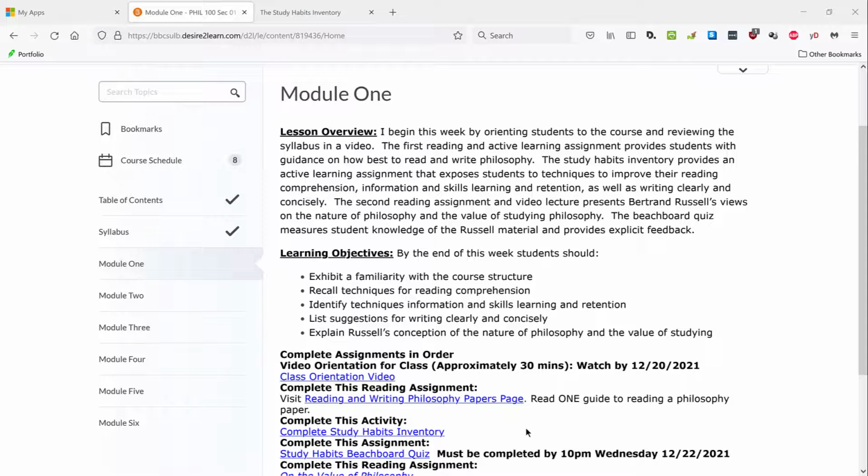In addition to quizzes, tests, and discussion assignments, there'll also be a few activity assignments this term. When you have an activity assignment in a module, for instance in Module 1 here, we've got the Study Habits Inventory activity. What you do is you click on the link to the activity page here. So you click on this link, that will take you to the page, you follow the instructions, you complete the activity, and then after you've completed the activity, you go to the link that takes you to the Beachboard quiz